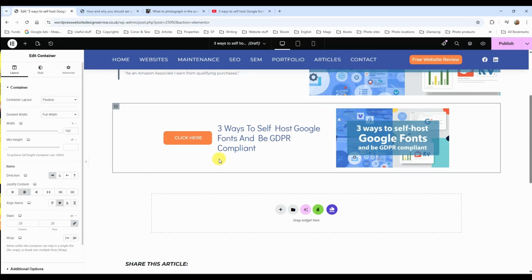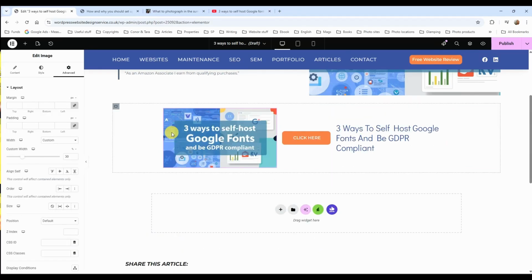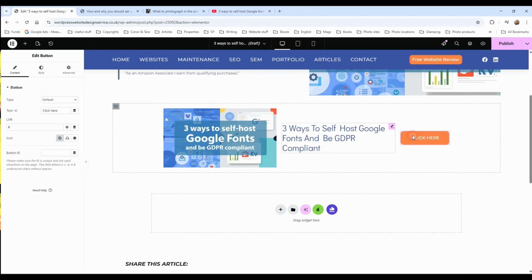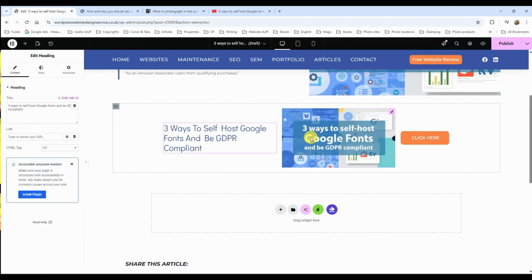Okay, now if you want to move anything around, you just do like this. See, it can be a little fiddly sometimes, but you can see how, there we go. If I wanted to just move things around like this. Okay, now